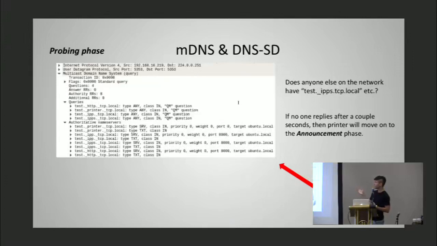For the probing phase, which is the first phase for whenever you plug in a device, basically what it does is that it asks if anyone else on the network provides the same service under this particular name that we want to register. So a printer, for example, will say, does anyone else on the network have this test IPPS TCP local service? And it will send a query on the multicast address, as you can see there. Hopefully it's visible. But it will ask anyone on the network if they already have this registered. And if no one replies after a few seconds, then the printer will move on to the announcement phase, which